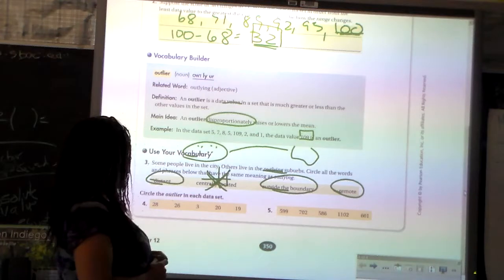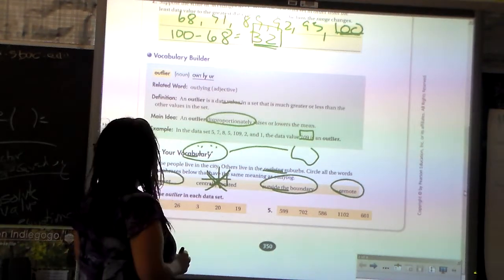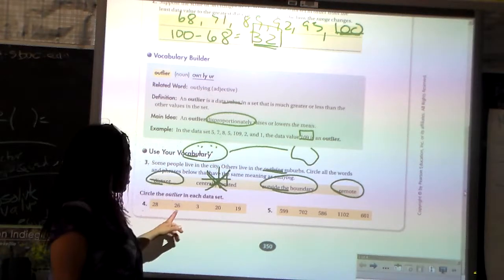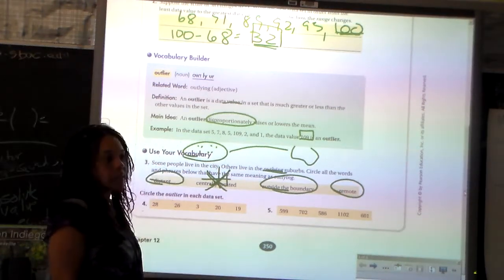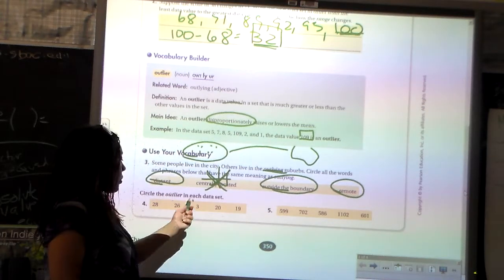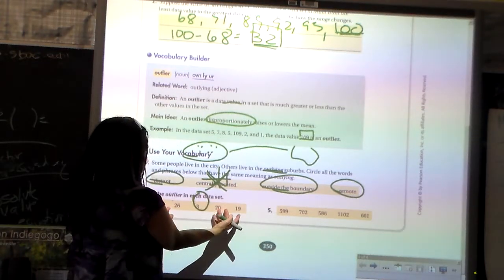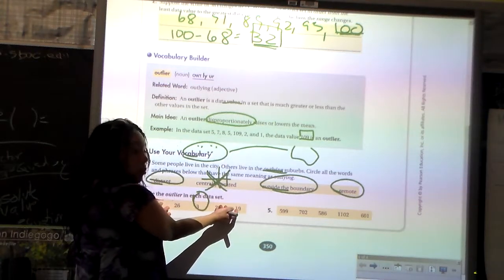And then lastly here it says circle the outlier in each data set. So let's take a look at number 4. We have 28, 26, 3, 20, and 19. So which one do you think would be the outlier in this group? 3. The 3, because the 3 is definitely much further away, while these here are more clustered